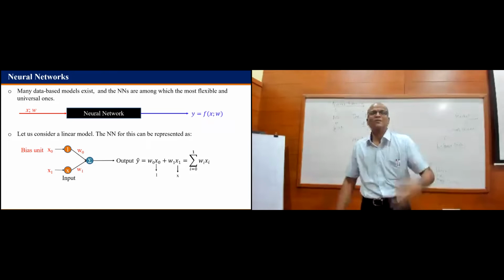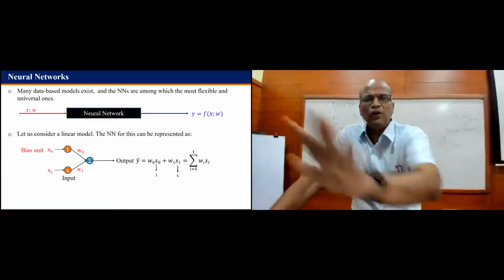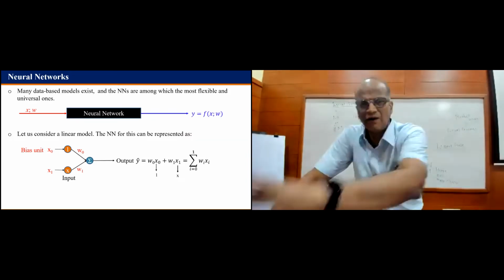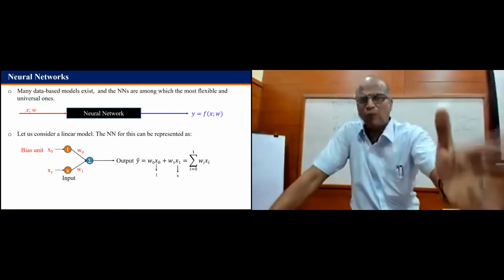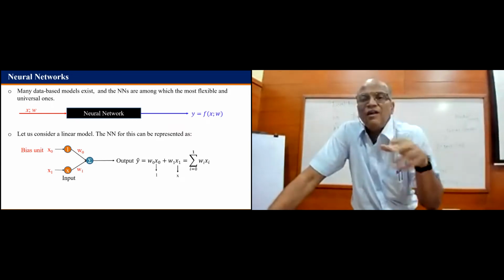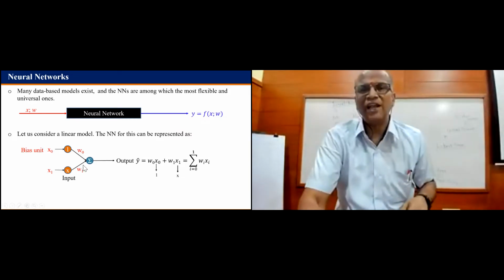Set of inputs x. Now your output is y. Given x and w, you will get the y. So the neural network will tell you. Once you fix the weights, which basically come out of the training of the neural network,